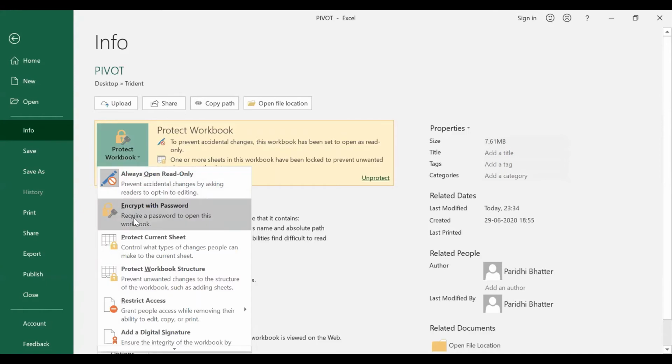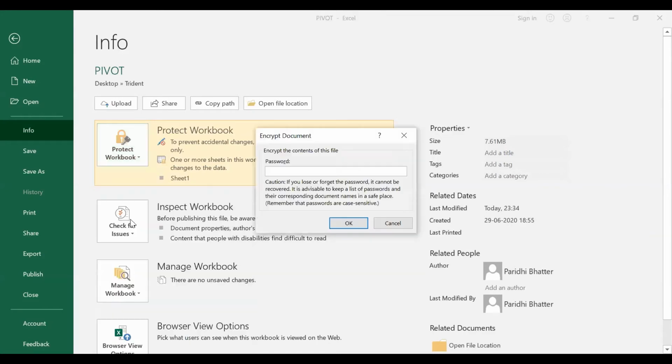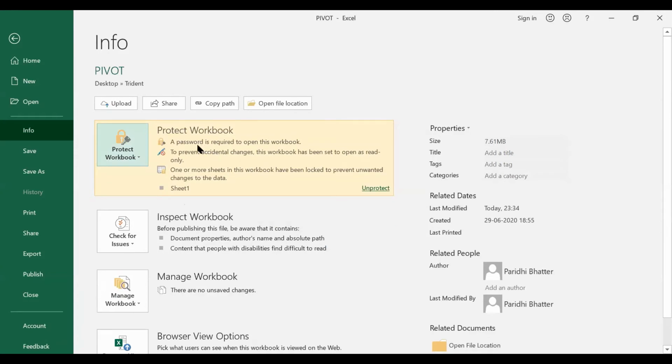Now let's say I want to encrypt my workbook with a password, so I can go for the second option where I'll be able to encrypt the workbook with a password. Now again, you can give any password of your choice. So say this time I give the password as Trident and I select OK. I'll re-enter my password. And now my workbook has been protected with a password. It also has a password for the worksheet, and also whenever anyone opens, they have to save a separate copy of this workbook, which ensures that the data over here in this workbook remains intact.